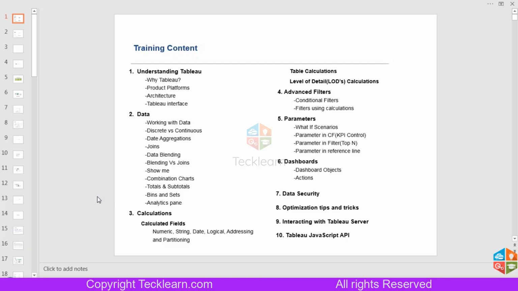In the later part of this training, in the fourth section, we are going to see filters and what types of filters we have. Those are dimension filters and measure filters. We are going to see the different options we have for those filters, and how we can add custom calculations with conditions over filters. Those points we are going to see over there.